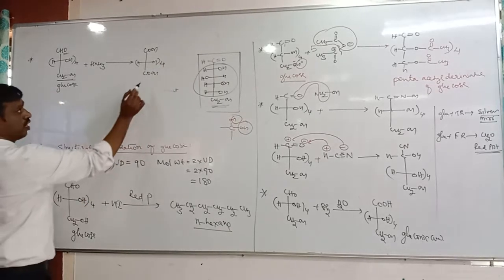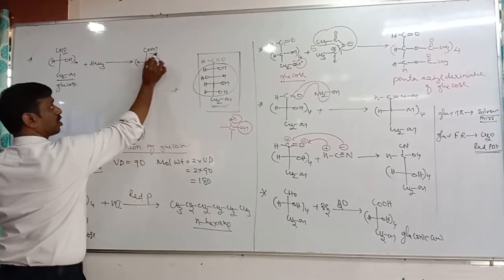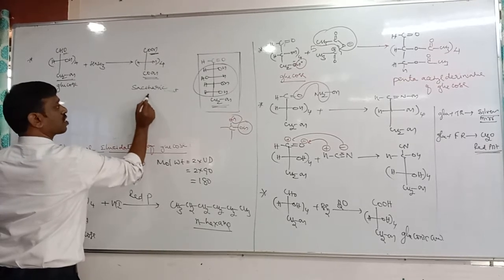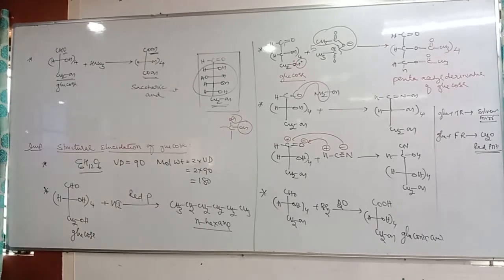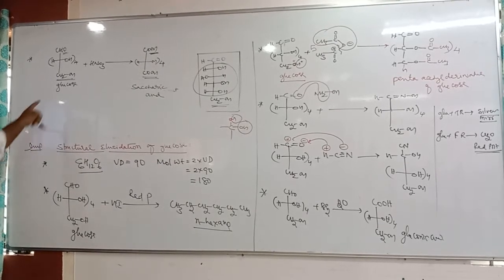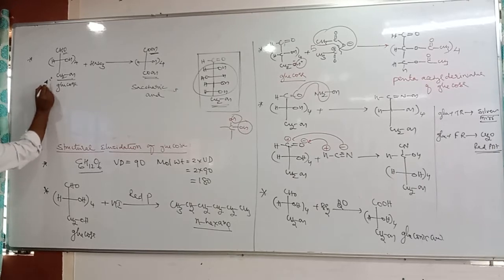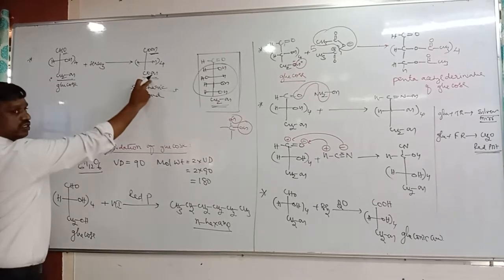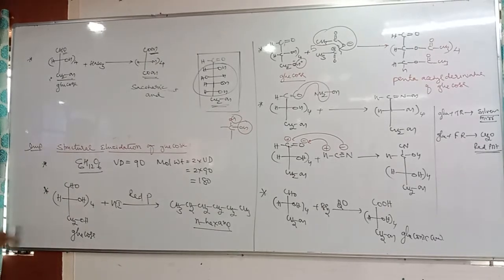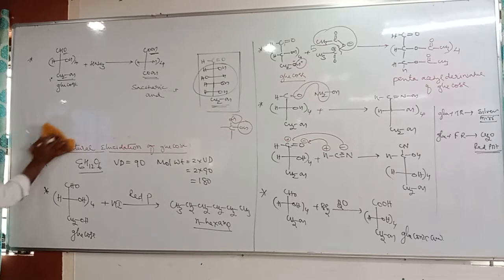So now, these are carboxylic groups, and the product is called saccharic acid. Therefore, this reaction confirms that glucose contains one primary alcohol. This primary alcohol undergoes oxidation and forms this. Anyhow, the aldehyde group oxidation is possible anyway. So from the above reactions, the structure of glucose is given as this.